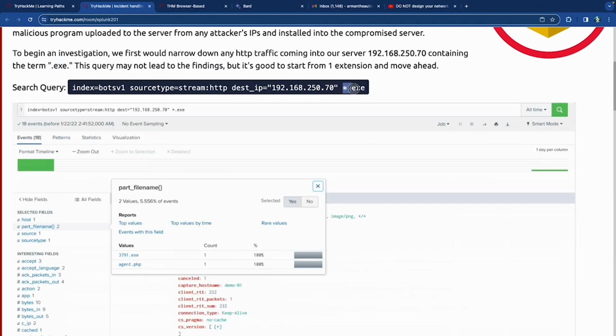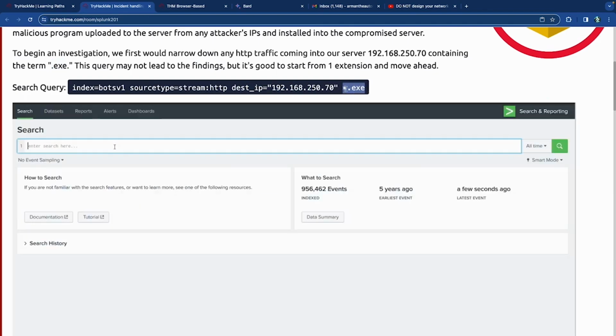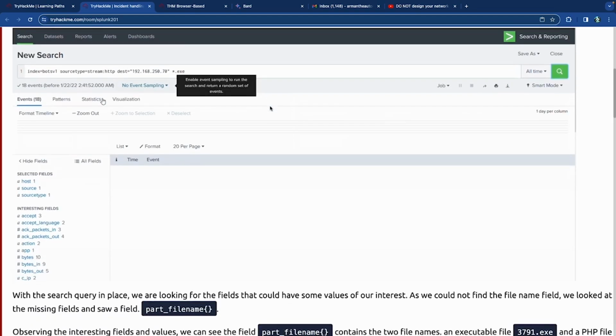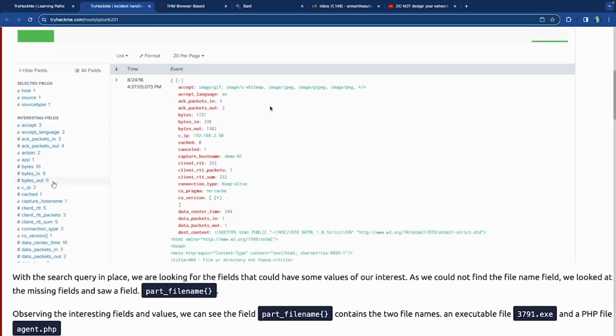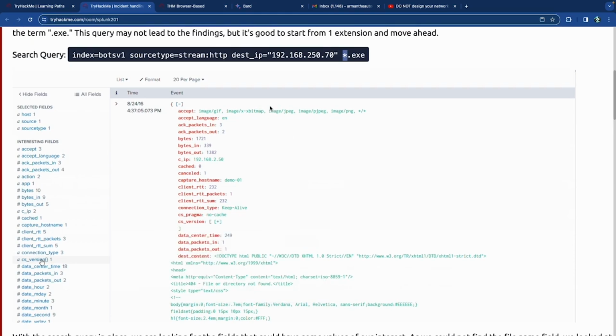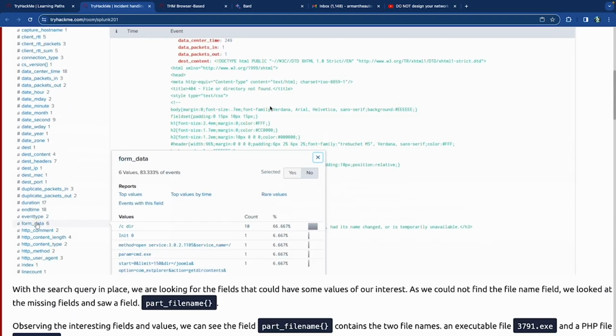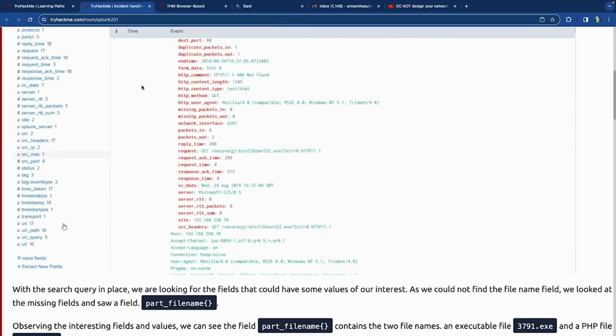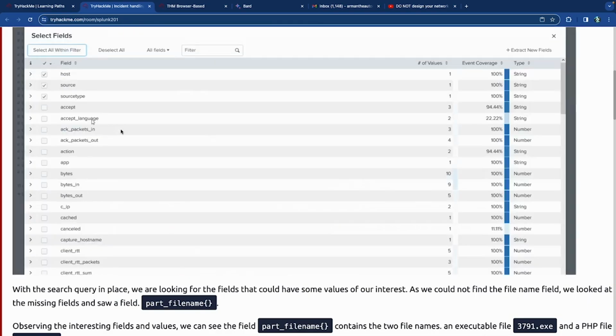IP is that, and now you're just searching for anything that has an executable. So the wildcard character .exe will end up giving you the potential executables that come in, and from here you have a bunch of different information as always that you can go through. And cmd.exe was one of them, which could be a command line executable. And so if we go to all fields and we're going to search for